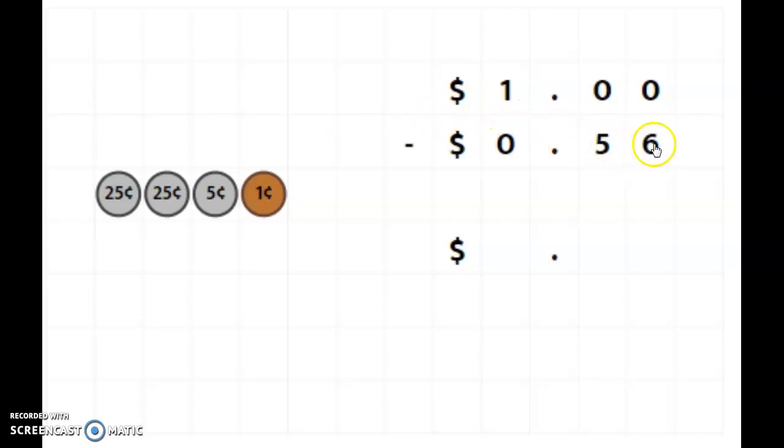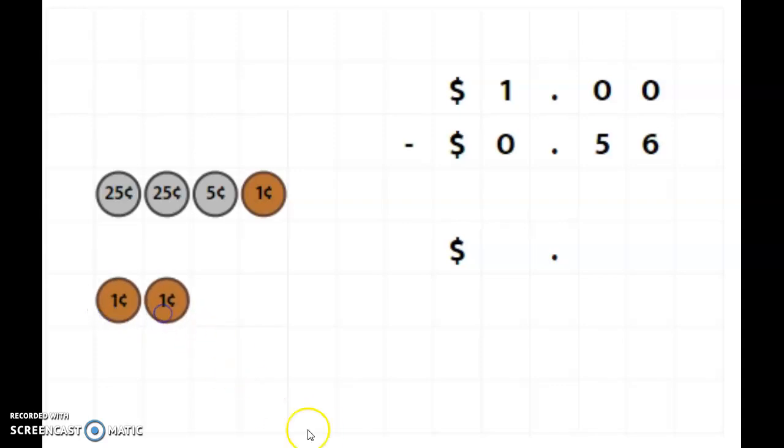One way to figure out the change that I would get back from a dollar, if I had a dollar minus 56 cents, is I could take my 56 cents in coins and count on. So if I was counting, I'd go 25, 50, 55, 56. Put your 56 cents off to one side. Then from 56, I would count on